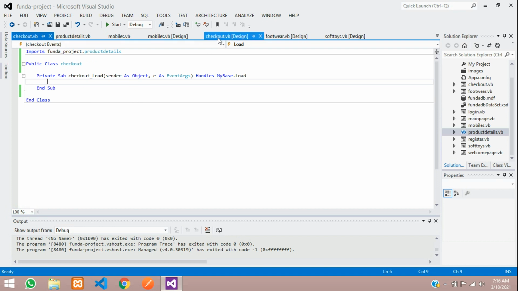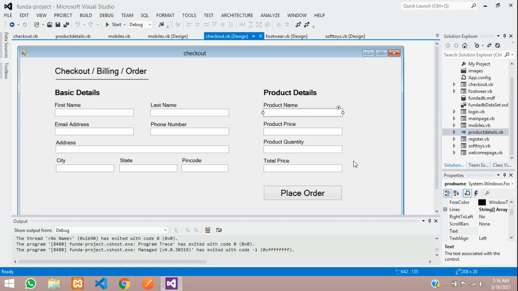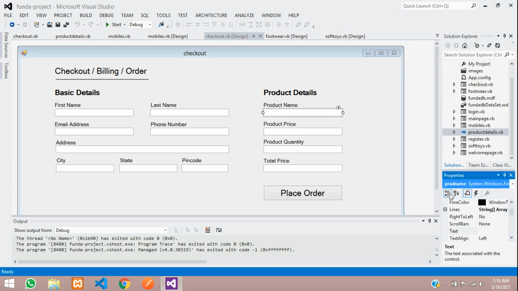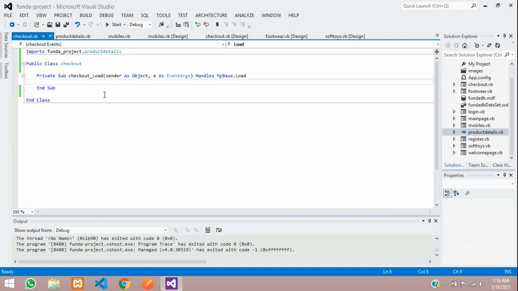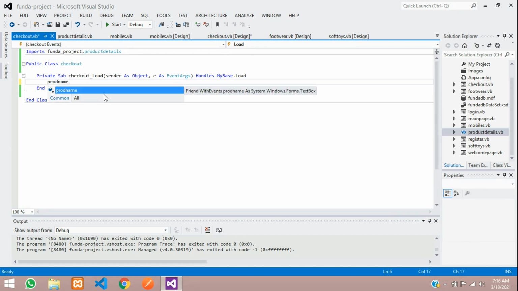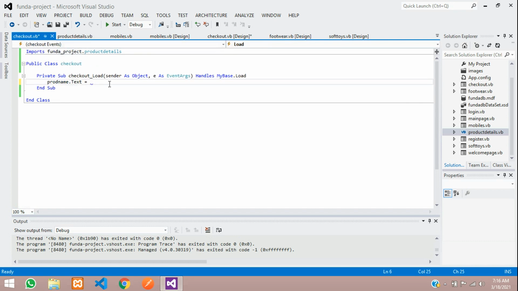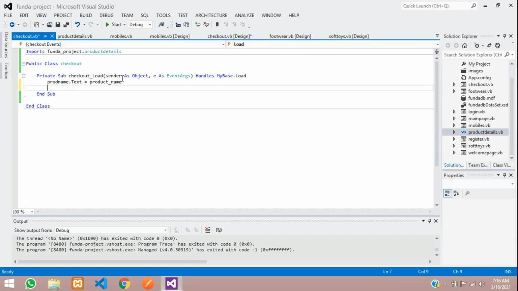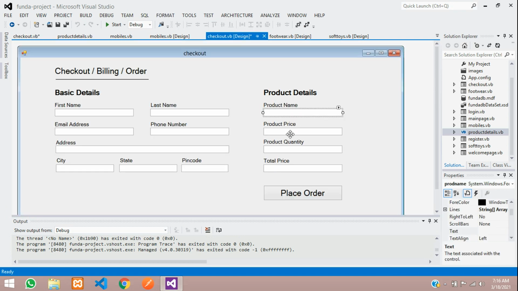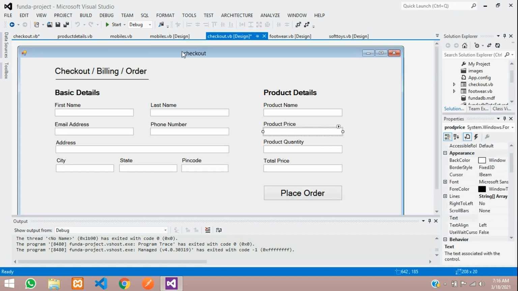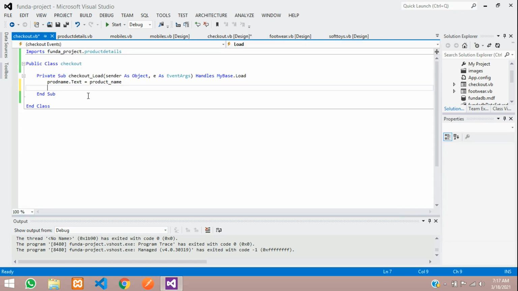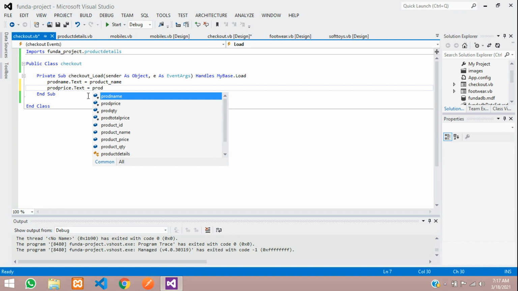So first you need to go to the checkout page, over here product name. You can see that product name is defined, right? Prod name. So let's type prod name dot text is equal to where you are going to get this product name and store inside this prod name. That's it. Same way, again go to checkout, you can see prod price, that's the label name. Let's type prod price dot text is equal to product